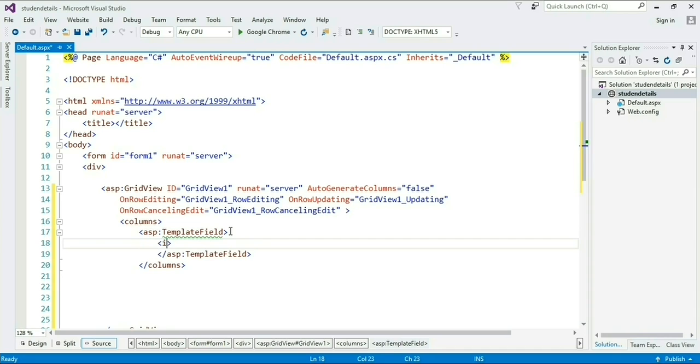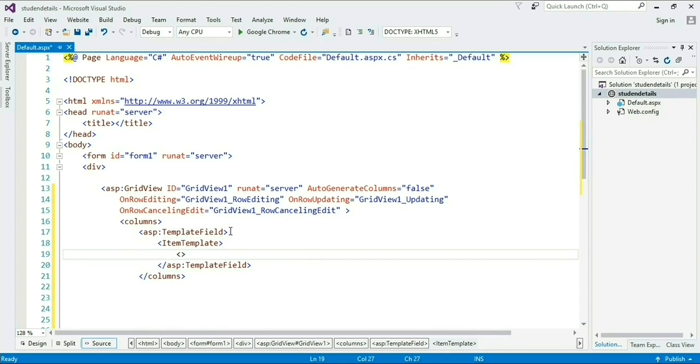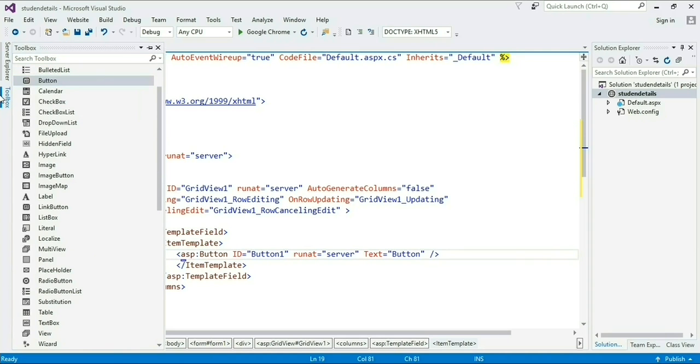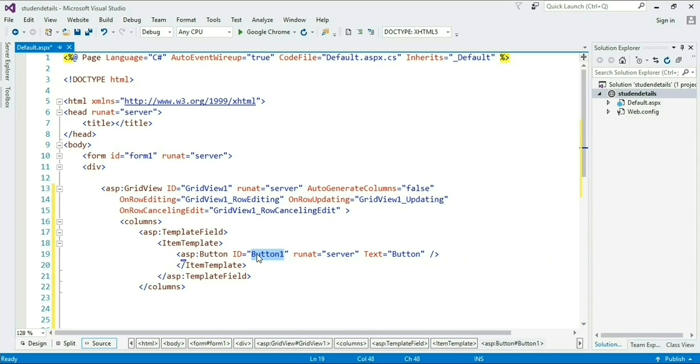Under this template field I am taking an item template, which is used by default to render the cell for each row. Now under this item template I am taking a button for edit and giving it ID btn_edit.